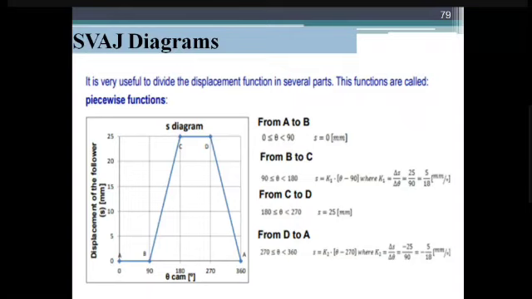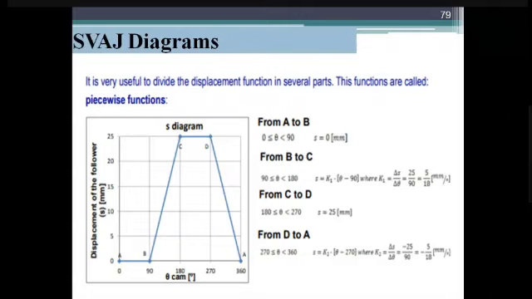So change in displacement is called velocity. Remember del S, so K1 is equal to 5 by 18. Come to the third one, from C to D, the angle theta is 180 to 270. What about S? It is still the same 25 mm. You don't put it at 0, because if you put the displacement at 0, it comes to the bottom, which means the lower dwell, but the position is in the higher dwell. So we do not put it at 0. This is at the same level, so we put S equal to 25 mm.